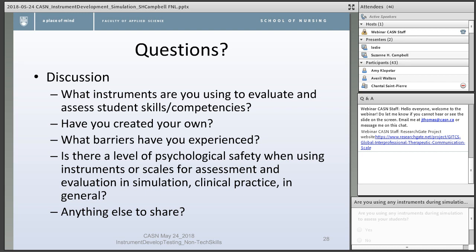So the one up until now has been tested either assessing a web-based video that was scripted and professionally developed, or